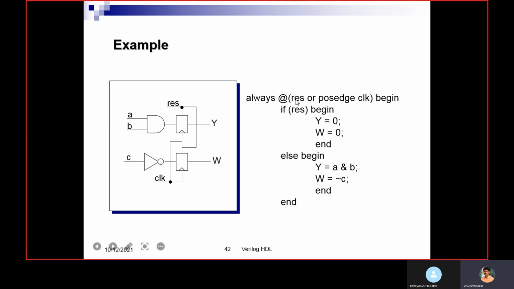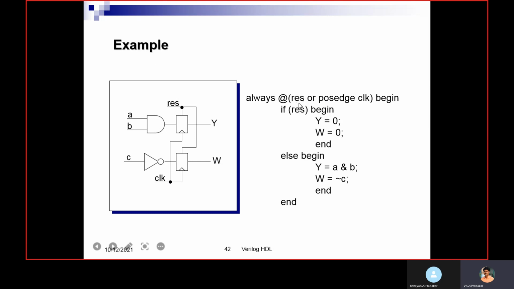If I didn't mention reset here and only mention passage of clock, then it is nothing but synchronous reset. When passage of clock happens, then only it will enter into this block. So even though reset is 1, only when passage of clock happens will it perform the reset operation. This depends on clock.